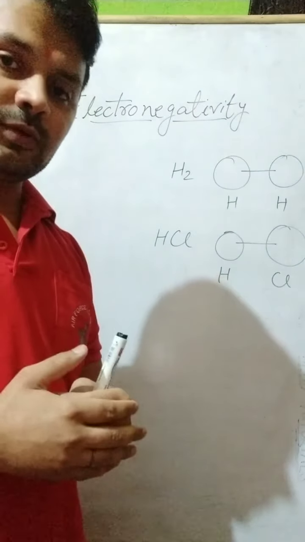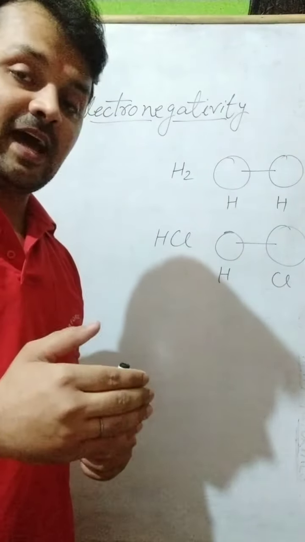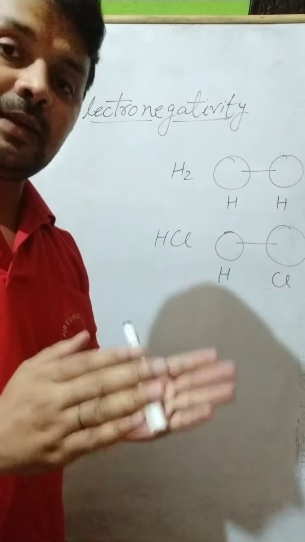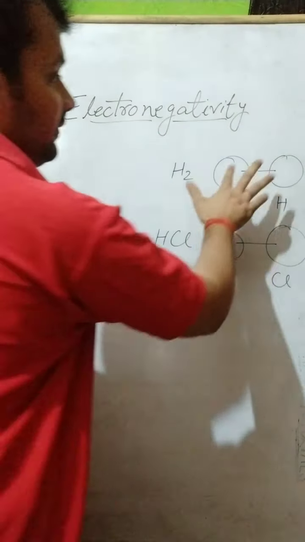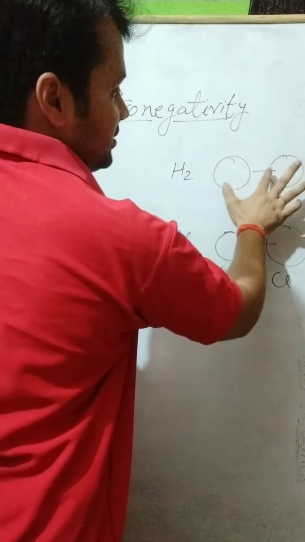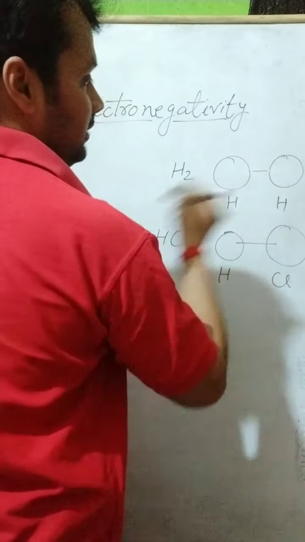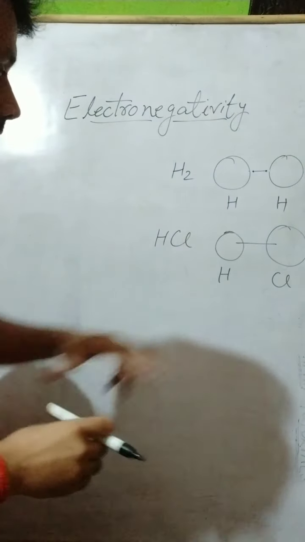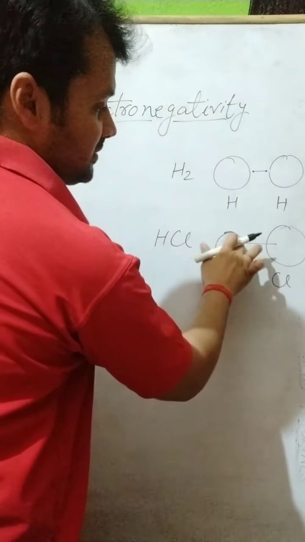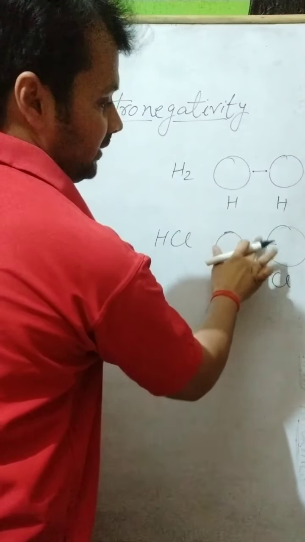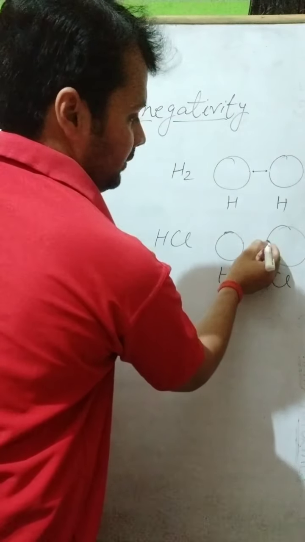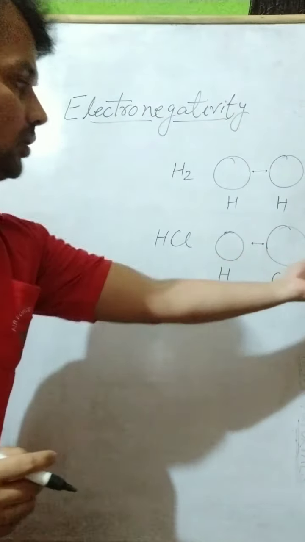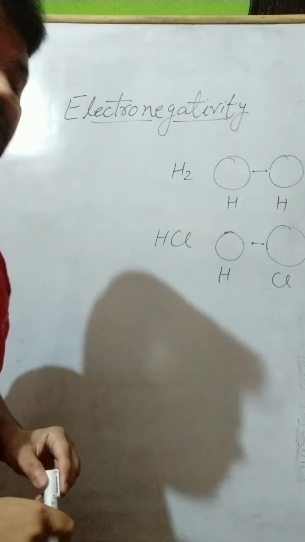According to the sharing of electrons in a covalent bond, the rule says that the shared pair of electrons should be in between the two atoms at the same distance. Means the pair should be shared equally. If I draw it this way, the shared pair of electrons is somewhere in between, at equal distance from each atom. But what happens in different species, when we have hydrogen and chlorine, different atoms? The shared pair of electrons will be attracted towards chlorine more than hydrogen, right?